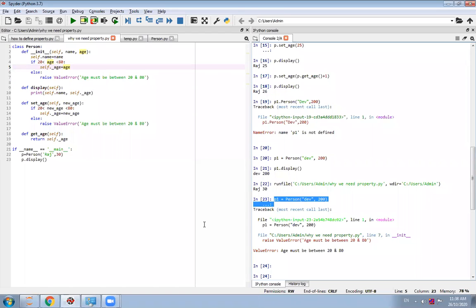This code is not backward compatible. It breaks the existing client code. There may be client code that accesses age directly, another client who directly accesses the age.